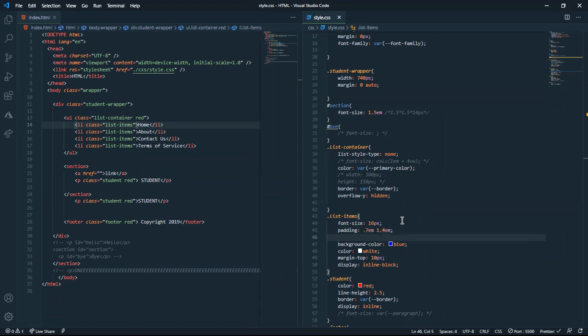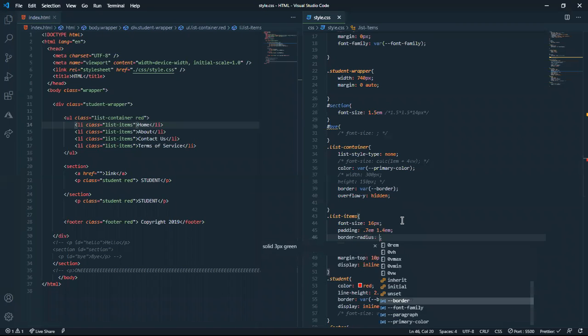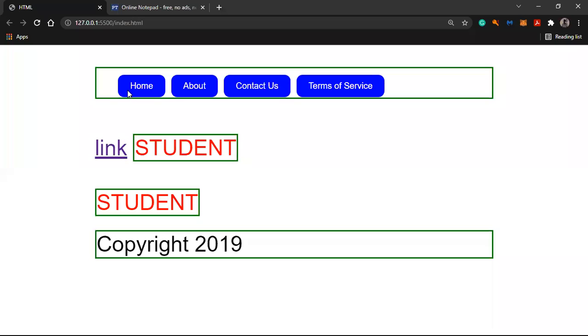And our border radius to be 0.7 em. Yep. And this here can be at the top of your screen. It's not as ugly as this though, but it can be at the top of your screen, home, about, services, like a normal web page. As you can see,